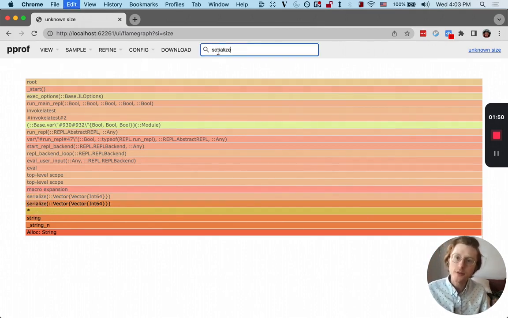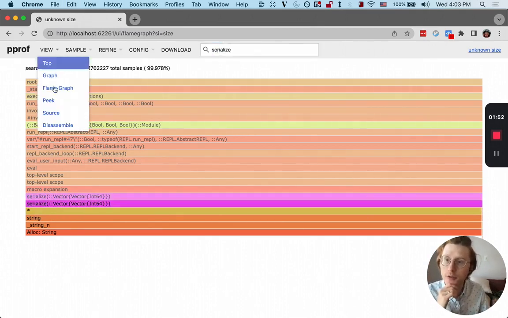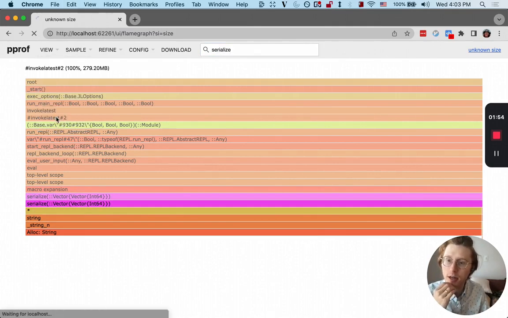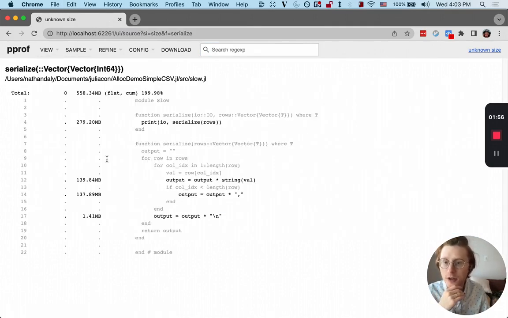So another useful view in pprof is the source view, where you can actually see the source code and you can see the allocations inline. So this can be really useful. And so in this case, you can see that these lines were the lines that were directly responsible for all the allocations. And indeed, you can see it's doing string concatenation, and it's also doing the stringify here. So you might now see the bug. The bug is that